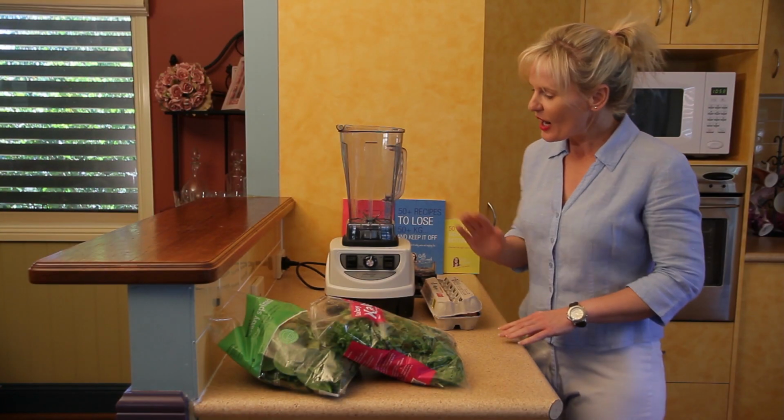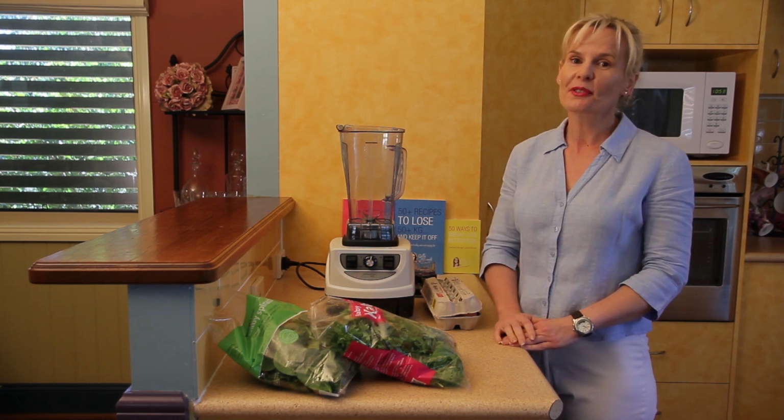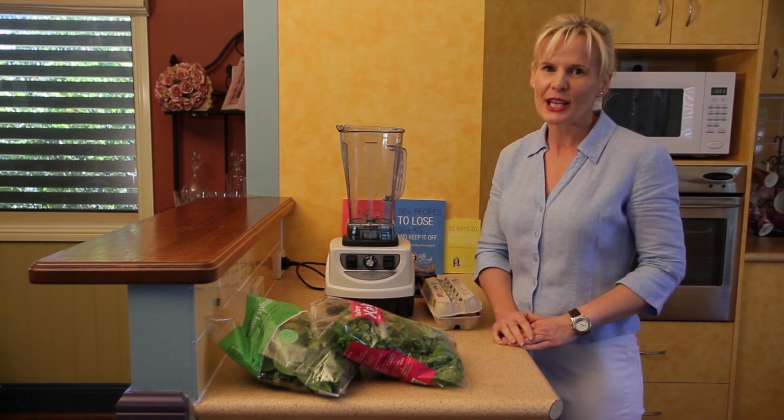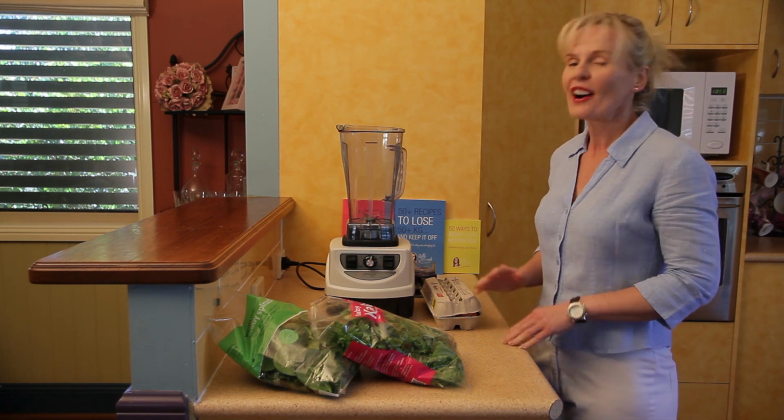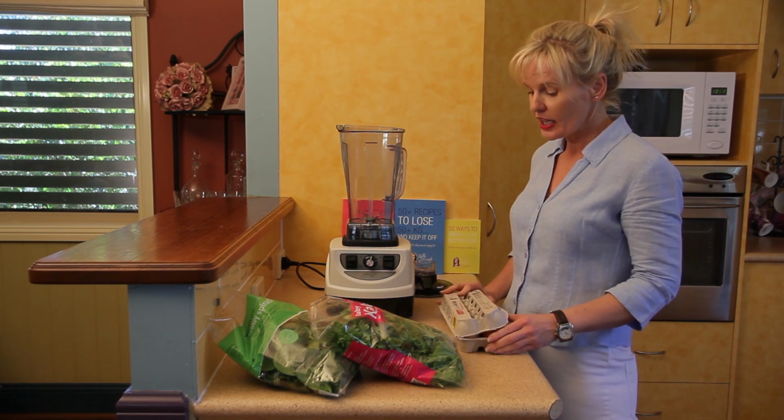Now today I'm using the Froothie Optimum 9400 and I am making green eggs and ham. Eat your heart out, Dr. Seuss. Now, there are various ways you can do this depending on how healthy you want to be, what kind of issues